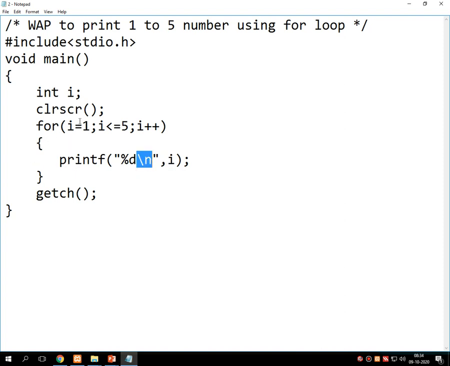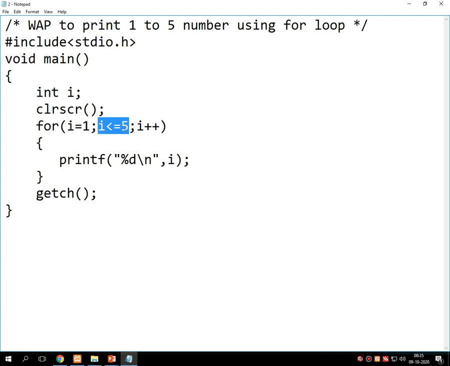This loop repeats, starts with 1, then it checks that 1 is less than equals to 5. Yes, 1 is less than equals to 5. It increments the value by 1, that is I equals to I plus 1 makes 2. It prints first 1, then in the second repetition it prints 2, then it prints 3, then 4, then it prints 5. 5 became 6, but for 6 this condition becomes false.